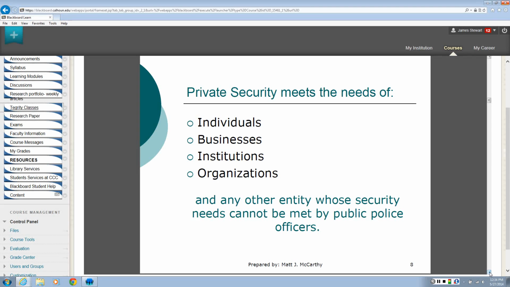We don't suggest that anymore because the focus and mission of law enforcement is different than the focus and the mission of private security. Private security's focus and mission is to observe, report, and document, basically, and try to prevent. Whereas law enforcement's mission is to investigate, catch the bad guys, and prosecute them, and everything in between that. So you see, there's a different focus and mission for law enforcement than private security.